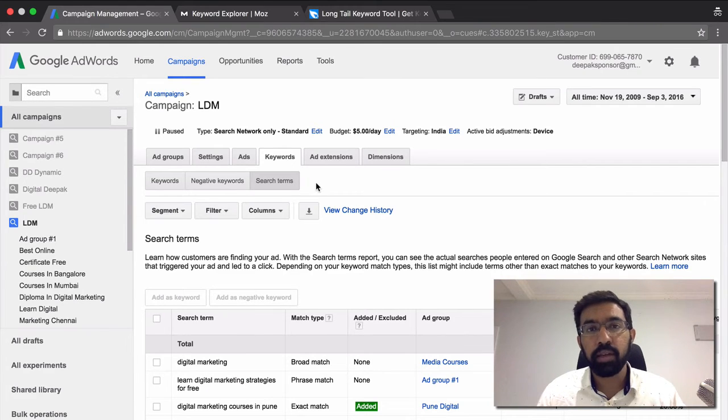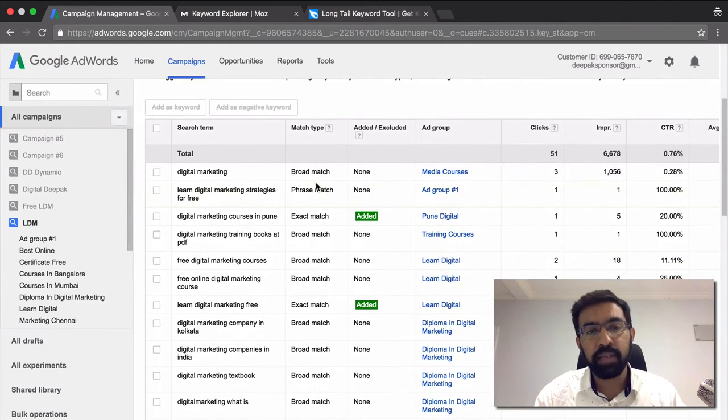Even if you have entered certain keywords, Google takes these keywords in the broad match category, which means Google tries to understand what keywords you are trying to advertise for. So it's not always an exact match. Even if it is just a close match, if Google can understand that this is related to digital marketing, then Google will trigger the ads even when a slight variation of the keyword is searched for.